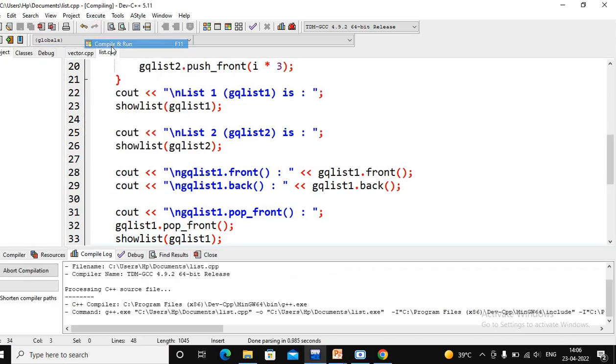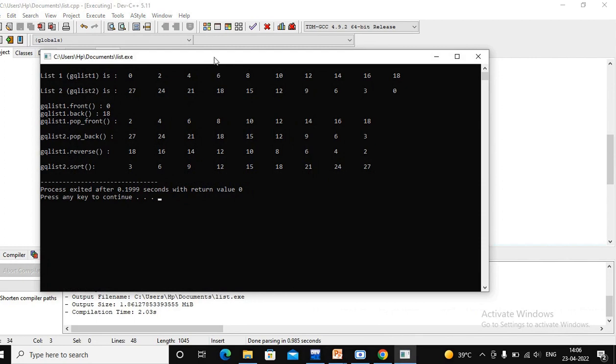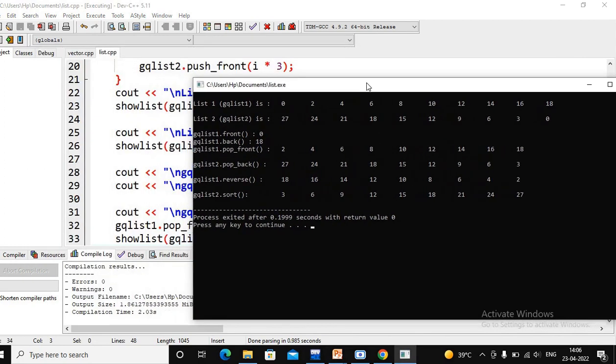Now we are checking the execution. The first list is created: 0, 2, 4, 6, like that, for 10 numbers, and the second list, i times 3, for 10 numbers. Then we check gqlist1's front element, that is 0, and the last element, that is the back element, 18.